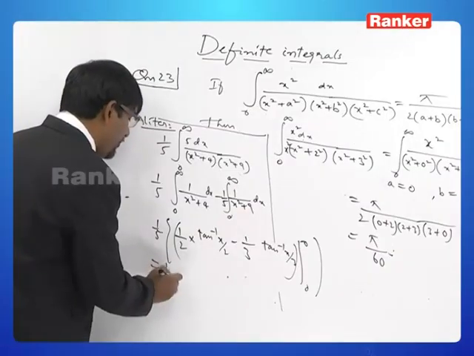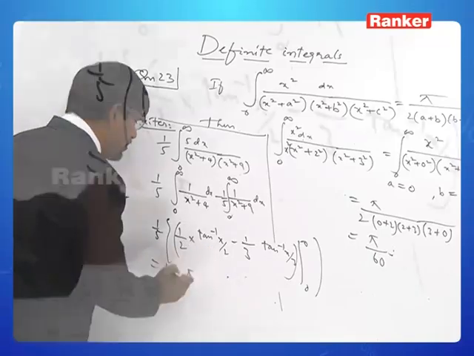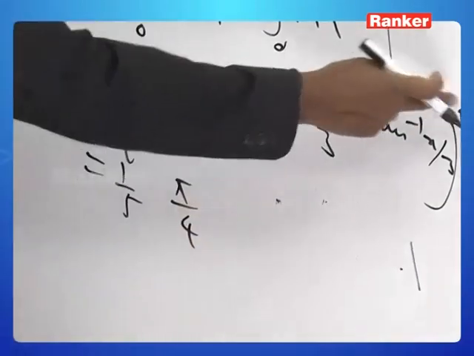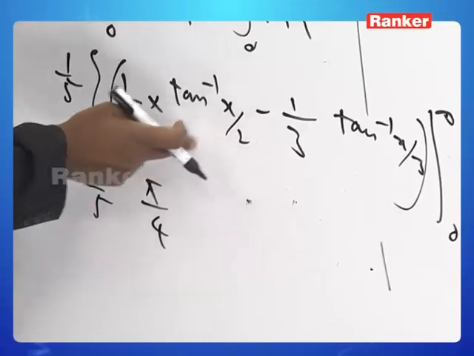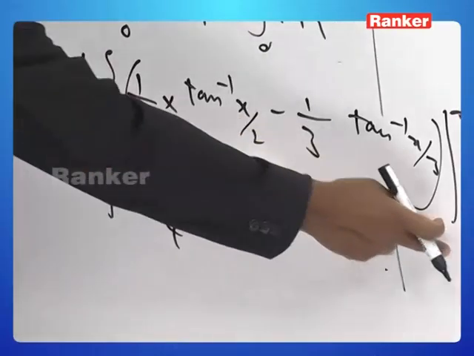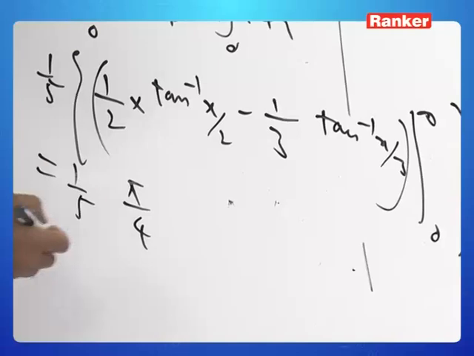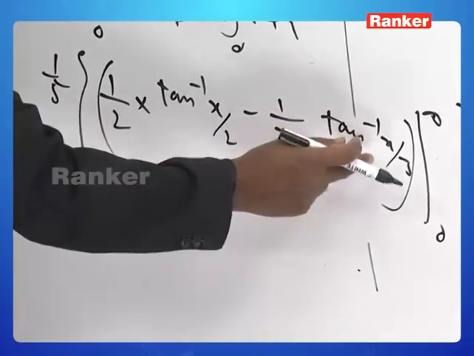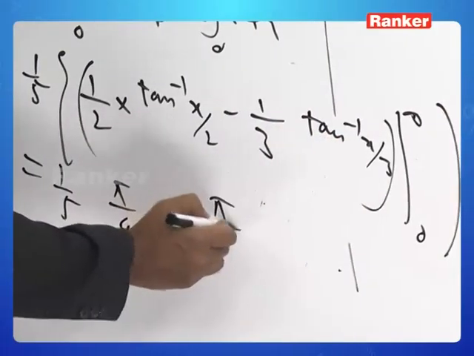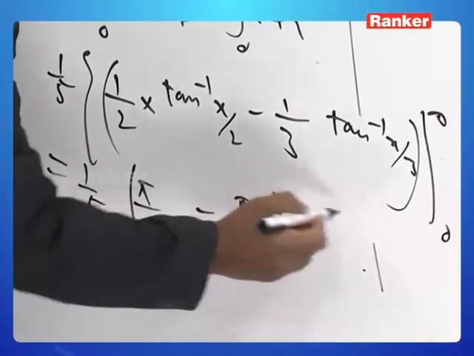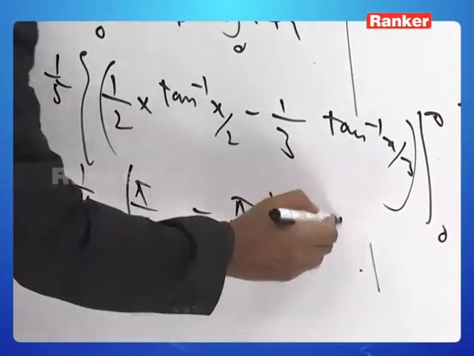So, 1/5 of what do we have here? Pi by 4, because tan inverse of infinity is pi by 2. Pi by 2 into 1 by 2, that is pi by 4. Tan inverse of 0 is 0. So, the lower limit would be 0. Pi by 4 minus what do we have here? Pi by 6. That amounts to pi by 12 into 1 by 5, that is pi by